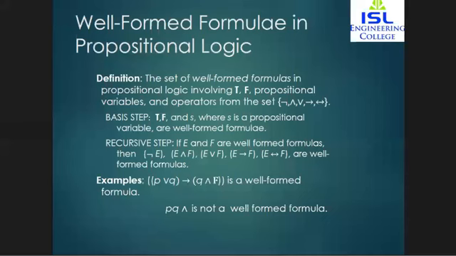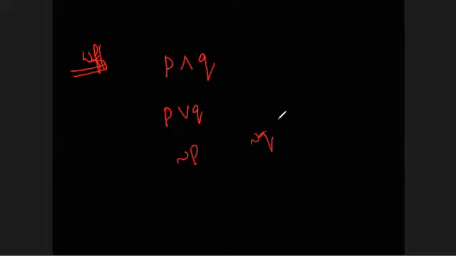Another important use of the recursive definition is to define a well-formed formula in propositional logic. Now, what do you mean by a well-formed formula? A well-formed formula is basically whenever you have propositional variables joined by a connective, and they are given in a way that you can solve it, that is, P or Q, or else we can write P or Q, negation P, negation Q. All of these can be considered well-formed formulas.